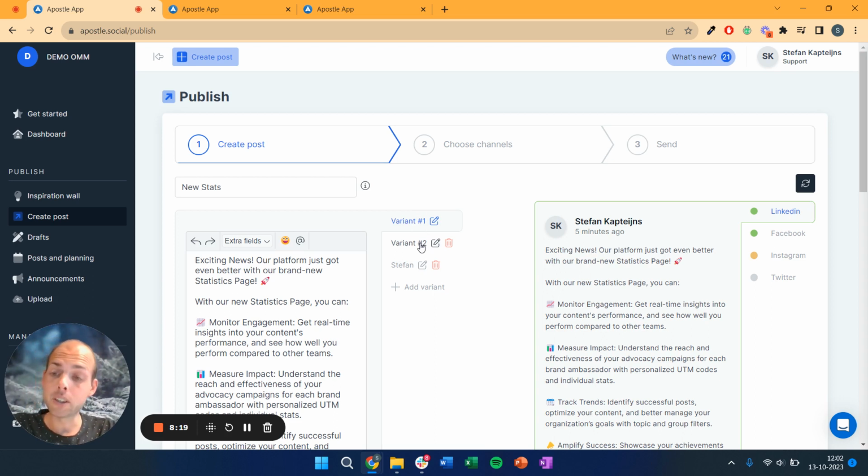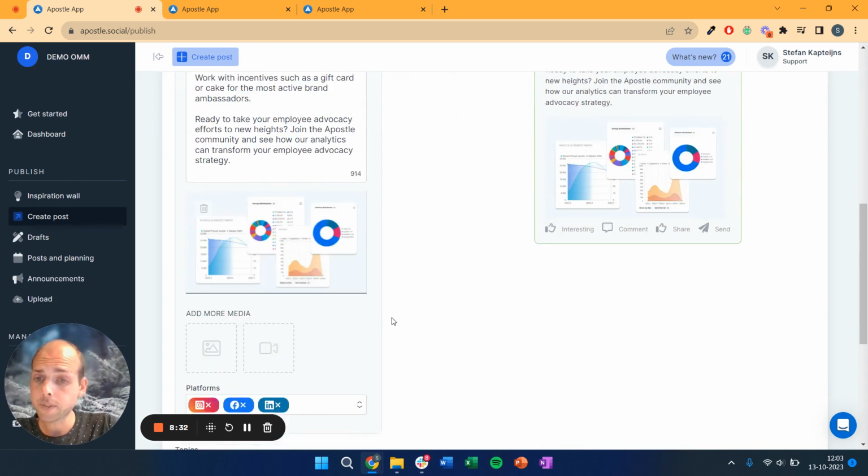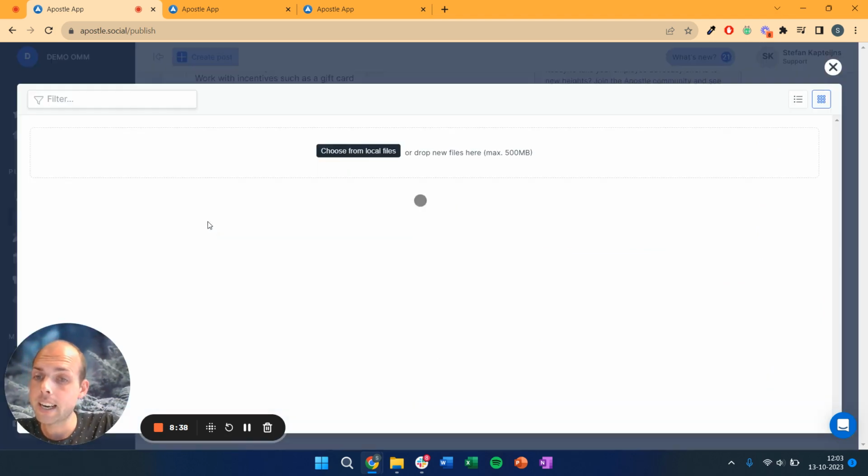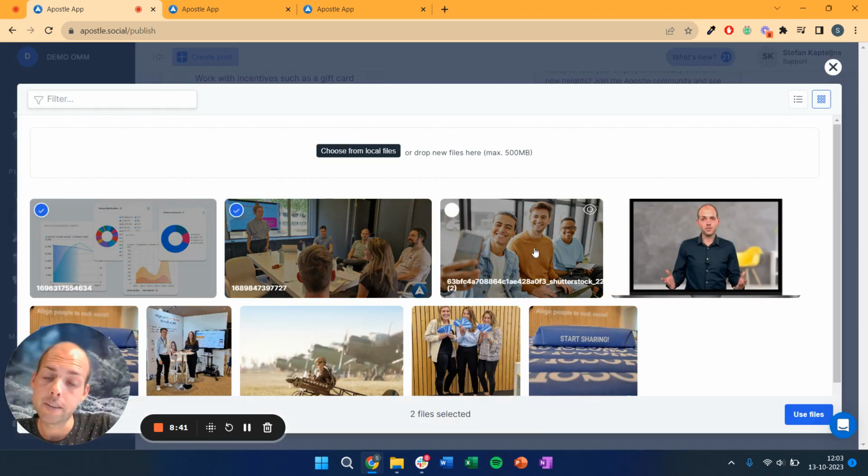If you have multiple images for your post, I would always recommend to use the different images in the different variations to make sure not everyone is sharing the same post. If we then scroll down, we have a couple of other options when it comes to images. So let's say I want to have a post with multiple images, for example. Then I delete this one and I select 3 of the images that I have uploaded to my system